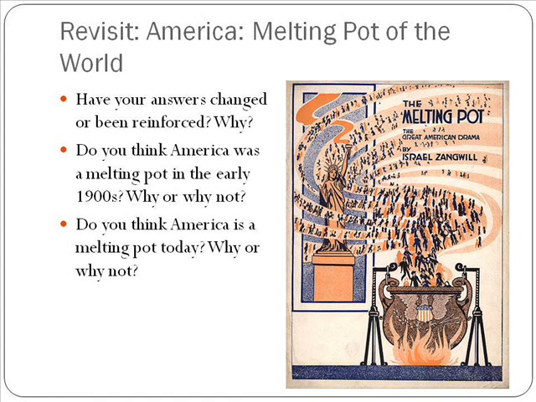So now that we've gone through all the notes and you've looked at immigration and nativism in the late 1800s, early 1900s, go back to those answers you wrote down at the very beginning for those two questions about the melting pot. Are your answers still the same? Why did they stay the same, or why did they change? So think about that and be ready to talk about it in class tomorrow or next week. But be ready to have those ideas in class because we will bring those up.